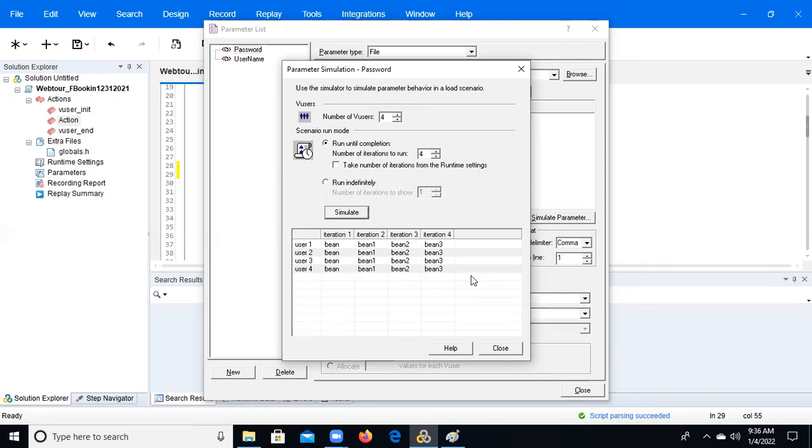We need to check how the users are picking. When the first user picks the bean, the second user also picks the bean. Sequential each iteration means the values update: bean 1 in the first iteration, bean 2 in the second iteration. That is called an iteration: data point update for every iteration.